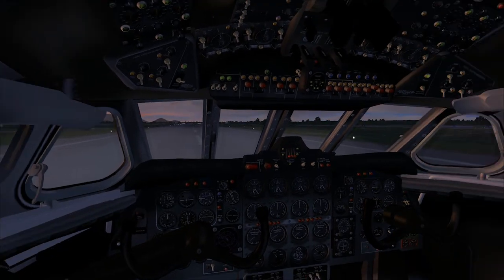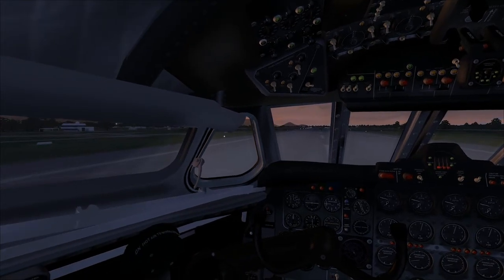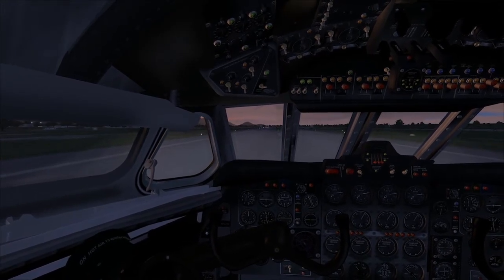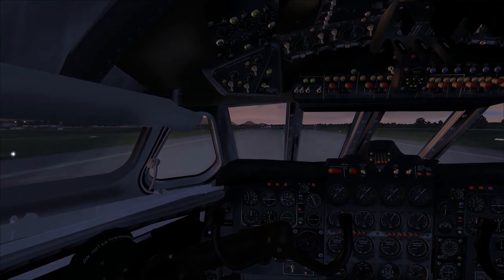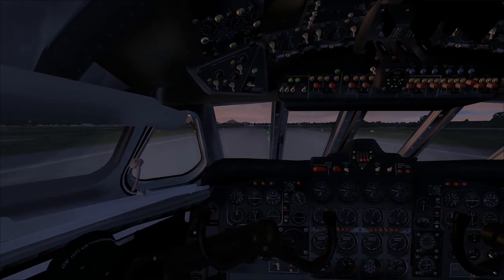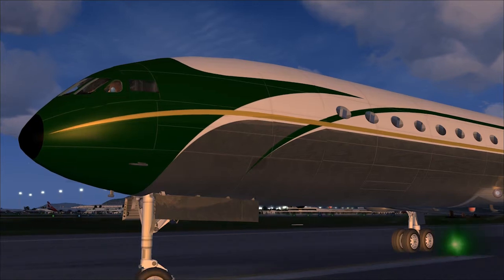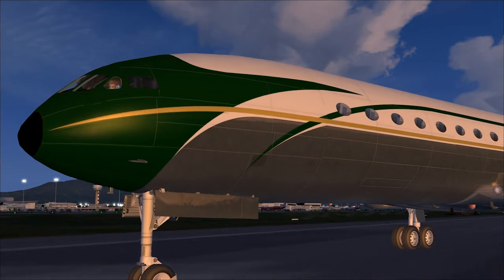So, the other thing, folks, as we'll just taxi away for now. Despite all its initial setbacks and the introduction of the 707 and the DC-9 and stuff like that, and its other main competitors that learnt from the Comet's early problems and actually presented a more viable alternative, the Comet had a sterling history. So as I said, its first flight was in 1949. It first entered service in